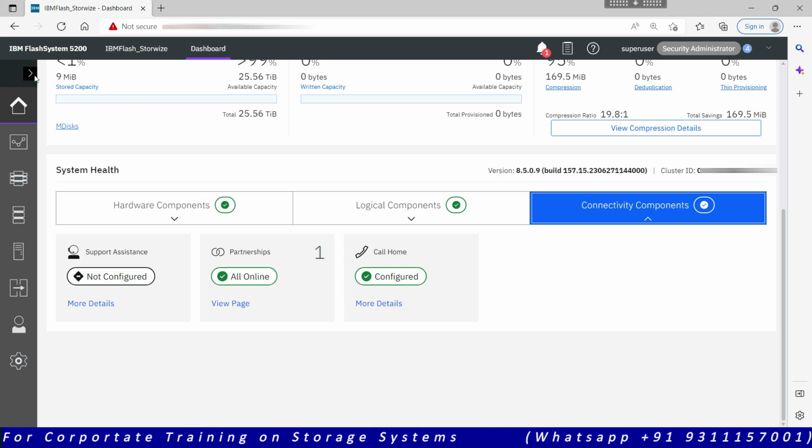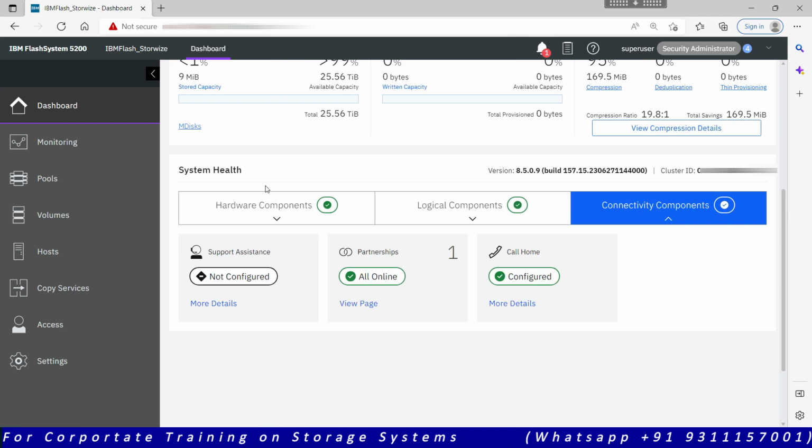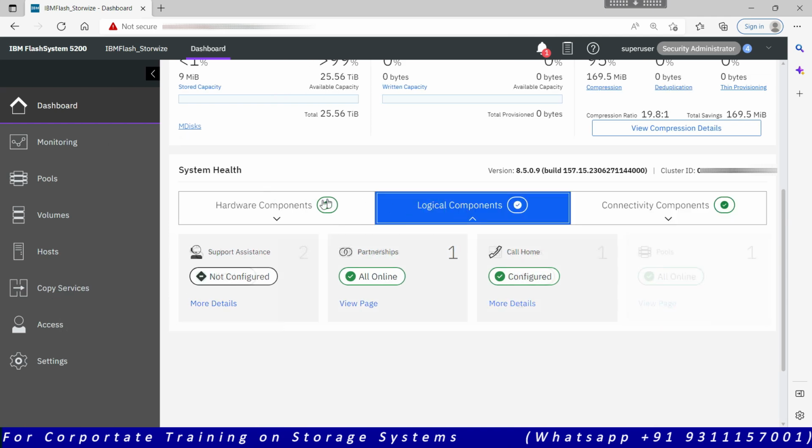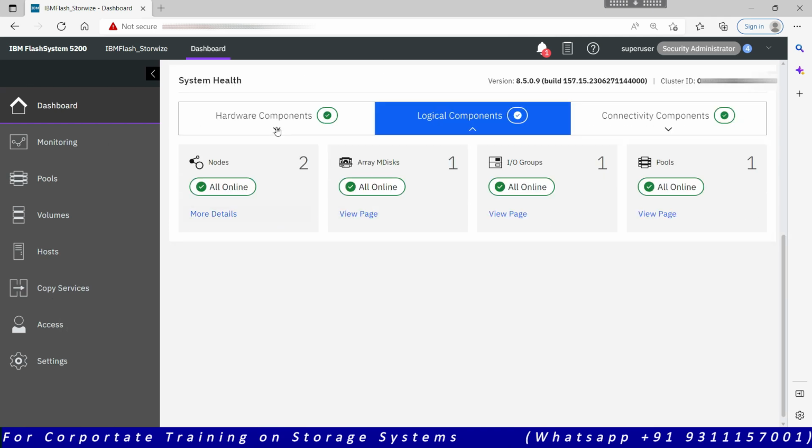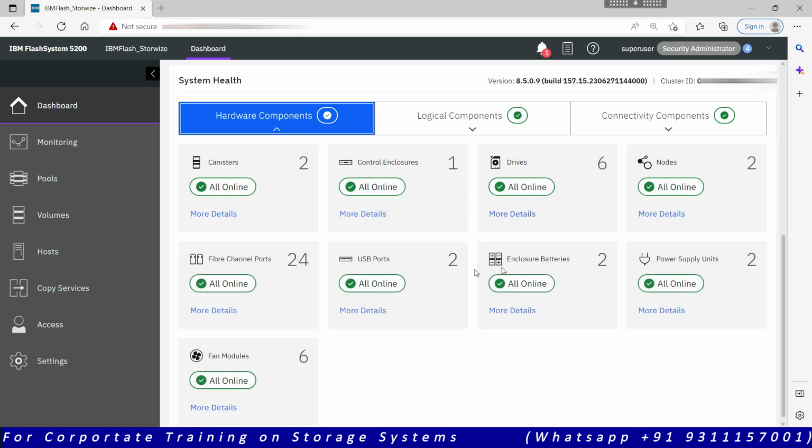Okay, now coming back to the other options. For example, we can see in the hardware components how many drives are there. There are 6 drives. So the second option, the first option is the dashboard, which is the home option. When we access the GUI of our FlashSystem, it will